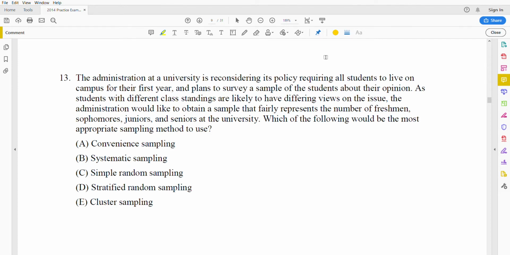Welcome back. This is question 13 from the 2014 mock exam. This is another question where the majority of students got it right, so I'm going to make this a quick